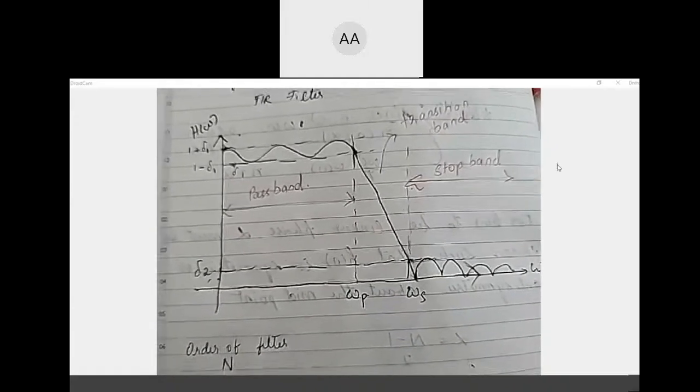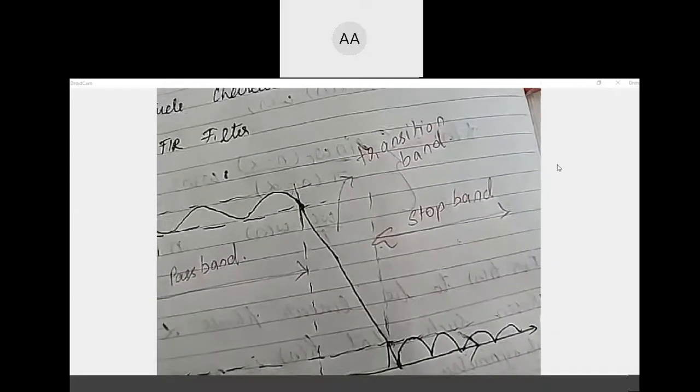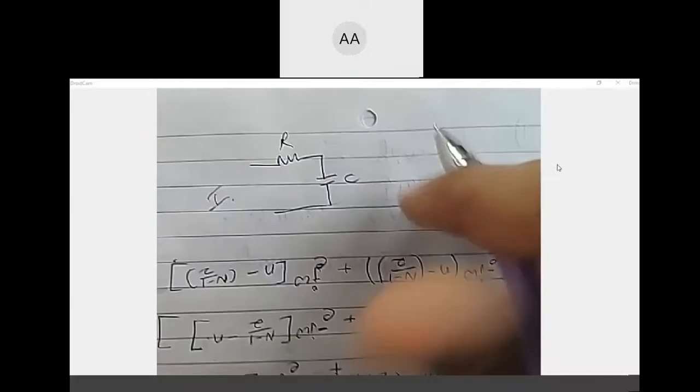Simple way I will explain. If you have a single R and C, a simple low pass filter, this is a first order filter.